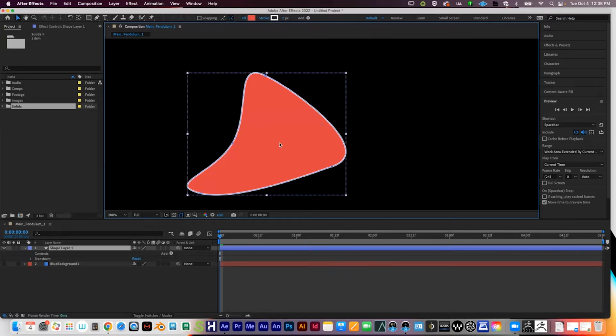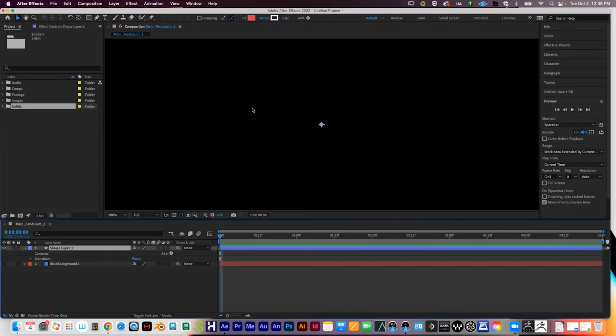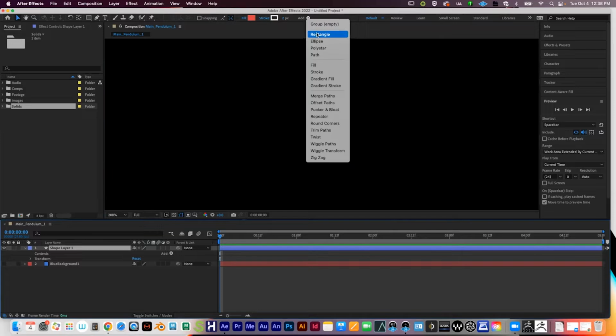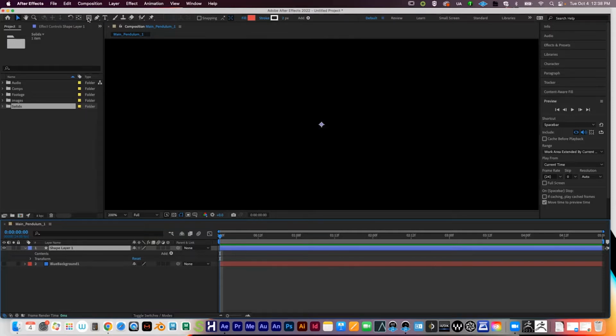And then finally, let me just delete that, there is another way with the shape layer that you can generate your first shape. You remember the solid layer, when I click on it, this area up here is empty. And then when I click on the shape layer, there are some options right here. There's this little add, it says add, and there's a little triangle next to it. If you click on that, you can add in your own elements this way through a menu. And this will add in, very similar to this button right here, where we can add in a rectangle or a circle,